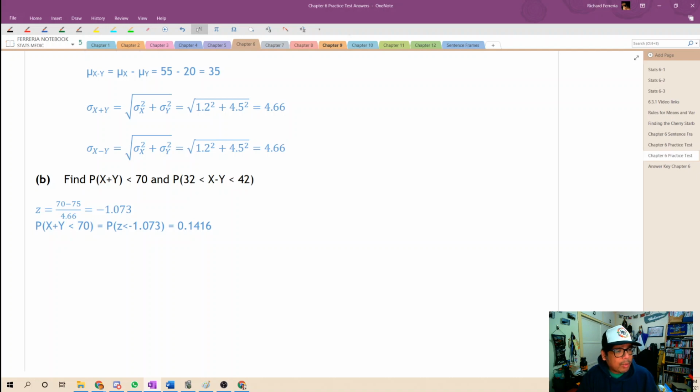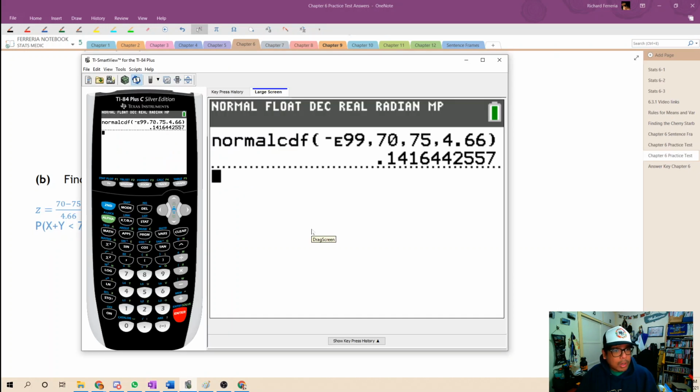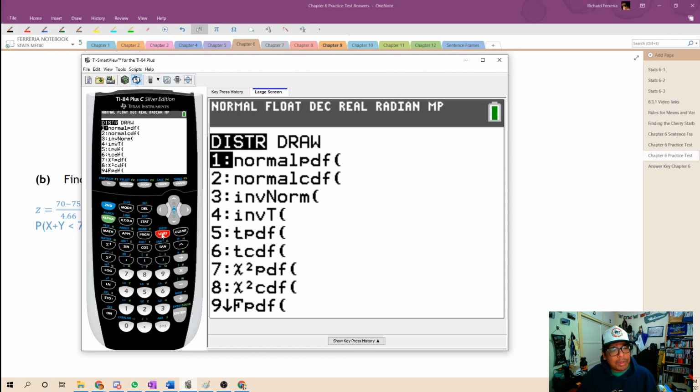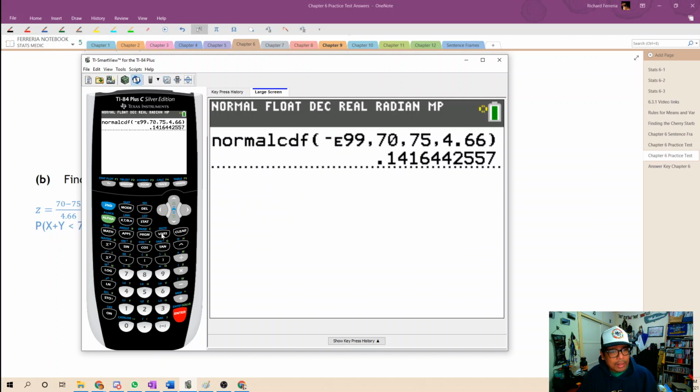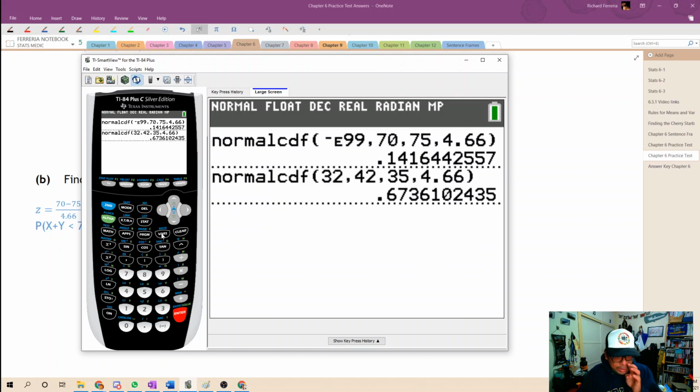The next one we're going to do on our calculator is the probability that x minus y is between 32 and 42. Going back to my calculator, we'll do the distribution and normal CDF. In this case, my lower is 32, my upper is 42. The mean is going to be 35, and that standard deviation is going to stay the same. So that gives me